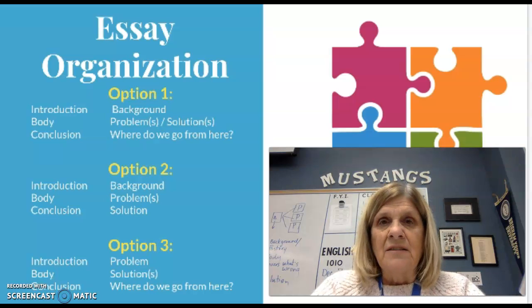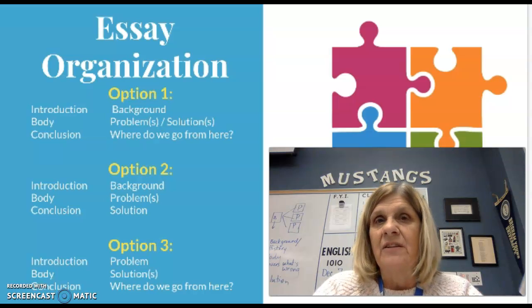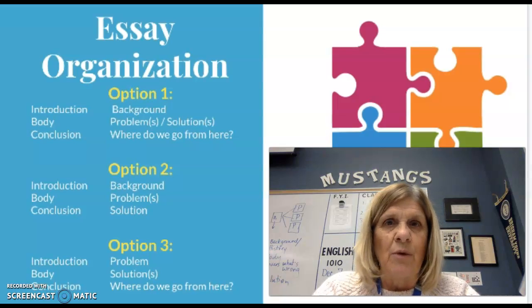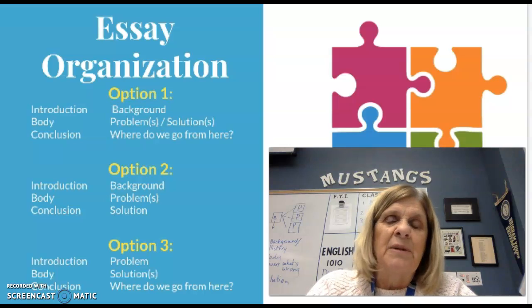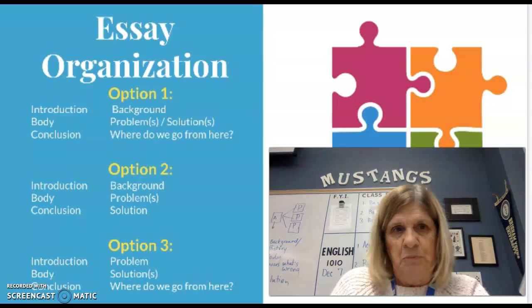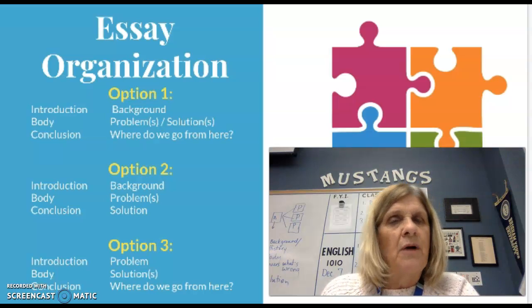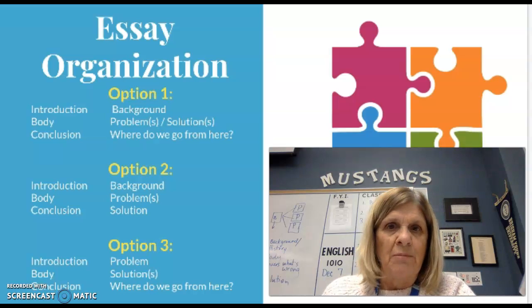So in class, the last couple of times I've actually talked about the organizational strategy ahead of time. I want you to think specifically about what you're going to do and pick one of these three options and write it down in your academic notes along with some possibilities of what you could write about in each section of your paper. So for example, if you were to select option number 2, that tells me that the majority of your paper will deal with the problems. So